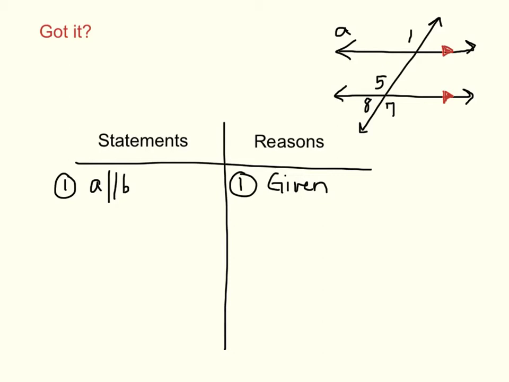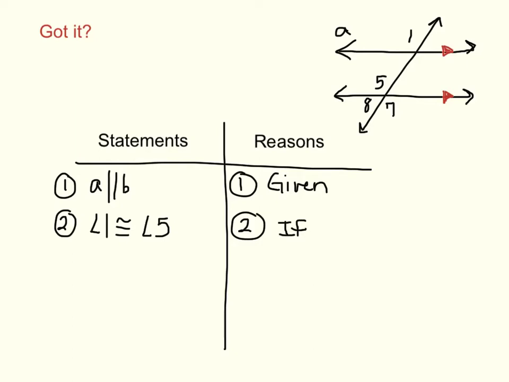We just talked about it in the last theorem. So we're going to say that angle 1 is congruent to angle 5. And why is that? Why is angle 1 congruent to angle 5? Because since we have two parallel lines, and that's important to note, you have to have parallel lines that are cut by a transversal, we're going to use the corresponding angle theorem. So your reason is going to be,